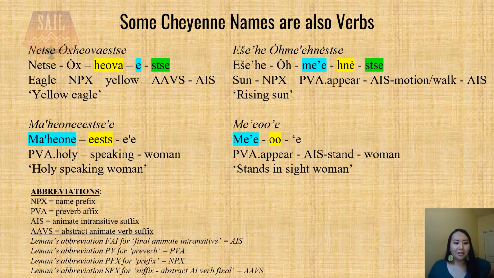The two names on the top are men's names and the two on the bottom are women's. I did highlight all the morphemes in yellow to show where the verb is. There are additional affixes that commonly attach to verbs, which are also present in these names and are highlighted in blue. The additional item I want to point out is the morpheme highlighted in green on the men's names.